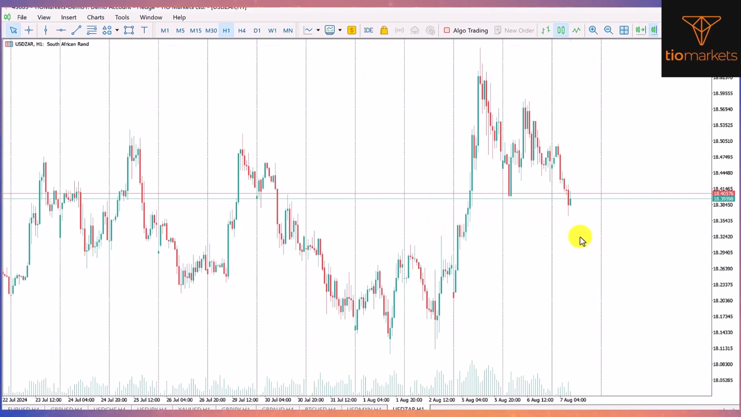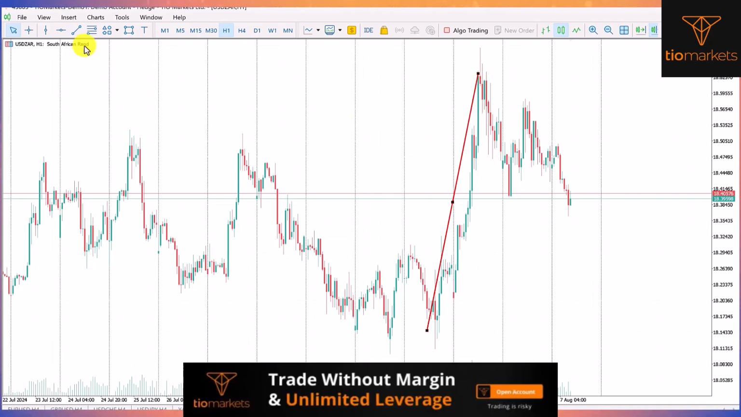And from what you can see here, we were in an uptrend. As you can see, this was an uptrend, right? So after this uptrend, we started to see price falling, right? So this was a change of character, as you can see, and price retested this order block on the H1,